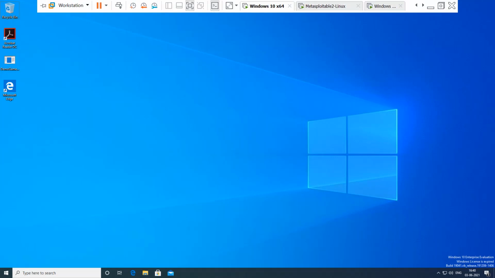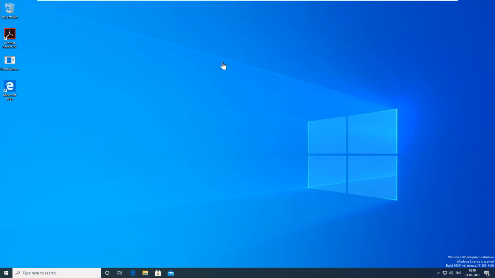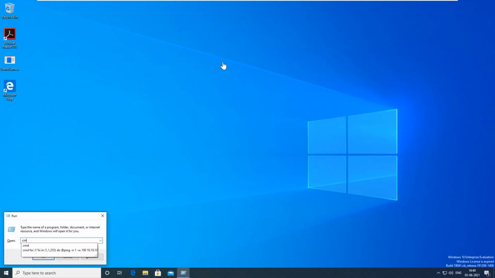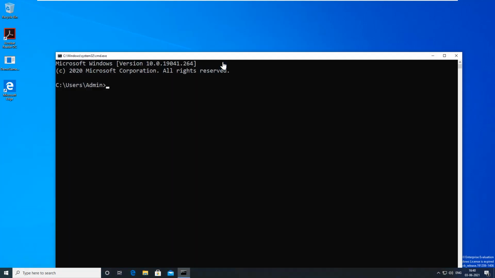For this demonstration, I have a few virtual machines. I have one Windows 10 and one Linux-based virtual machine, Ubuntu Linux, and one Windows Server 2019 and one Windows XP machine, and I also have one Kali machine. So first of all, in network discovery, if you want to discover whatever live IPs and live devices are available in the network, you can use simple commands.